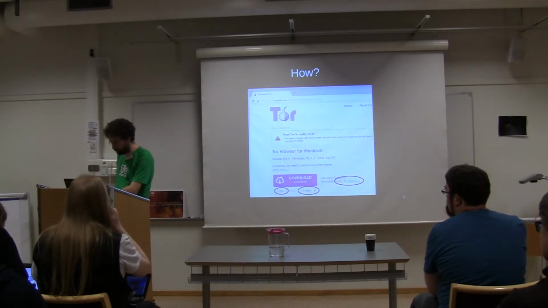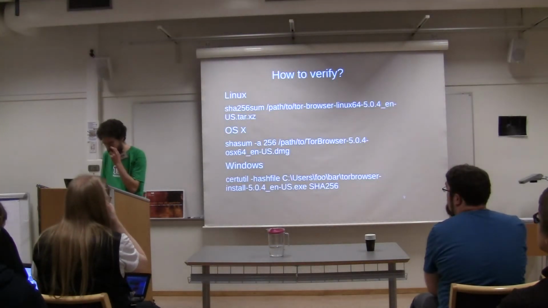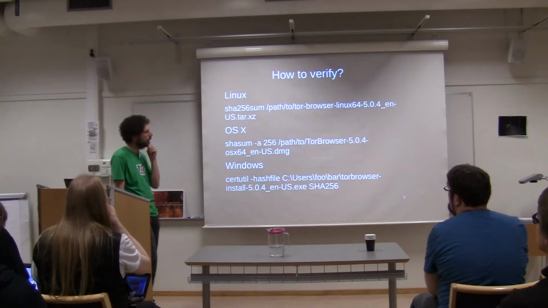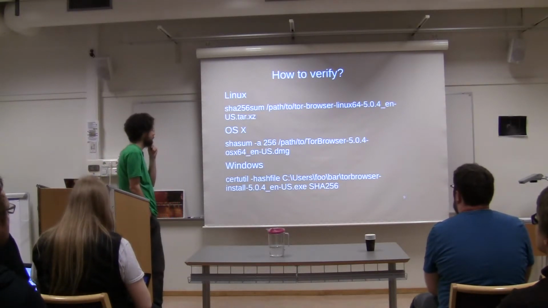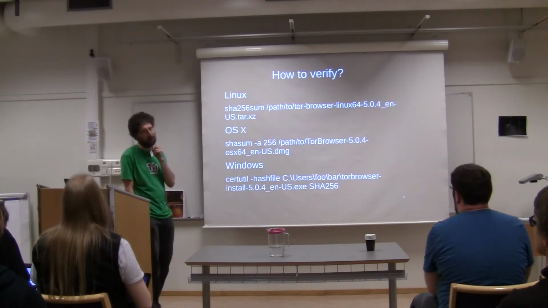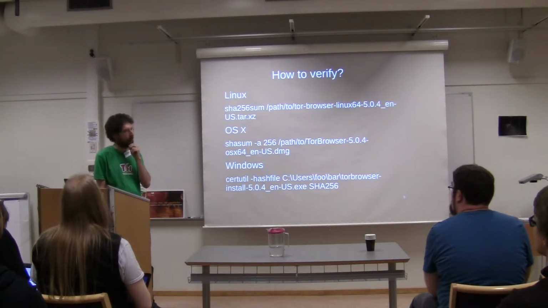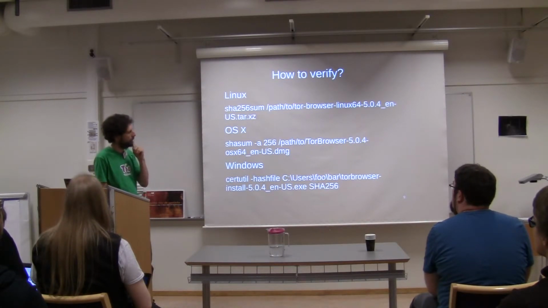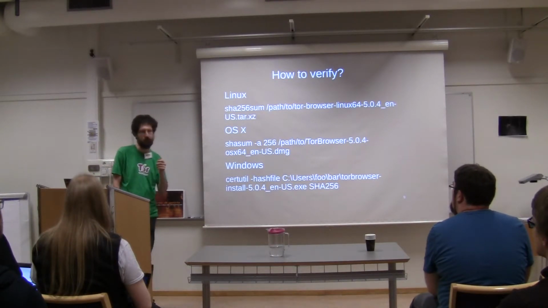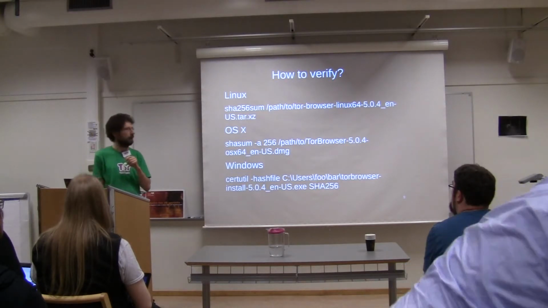Now it's actually coming to the hard part. How are you verifying that you really got the one you wanted to have? And I'm actually cheating here, right? I'm cheating for a purpose. I originally planned that there are at least some Windows forks or some OS X forks here, and